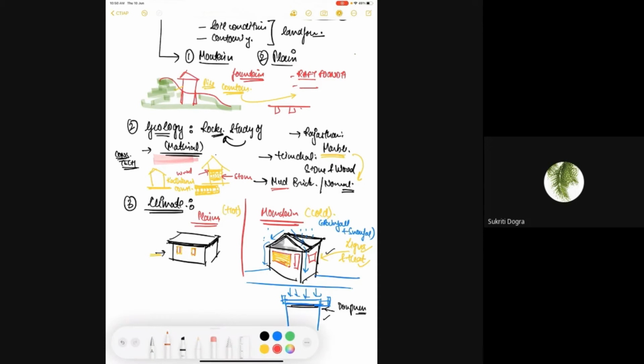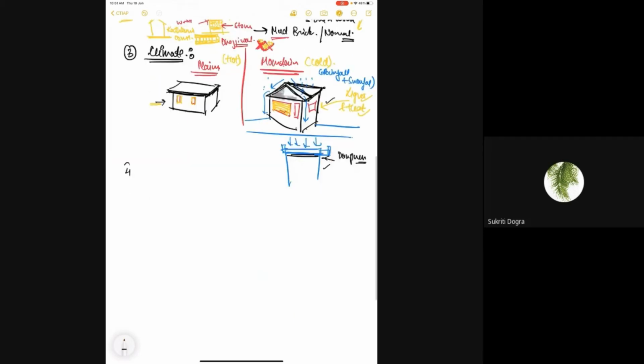One of the other examples is Dhaji wall. In this, the wooden panels are used like this, and the inner filling is done with stone. Something like this is done in Dhaji wall. So according to the different kinds of materials that are available in a particular place, the construction technique also varies. So that point can be catered inside your geology, because construction technique is indirectly related to the type of materials that we have in a place. The type of material will define the type of construction technique that we use for making the buildings. The next point is